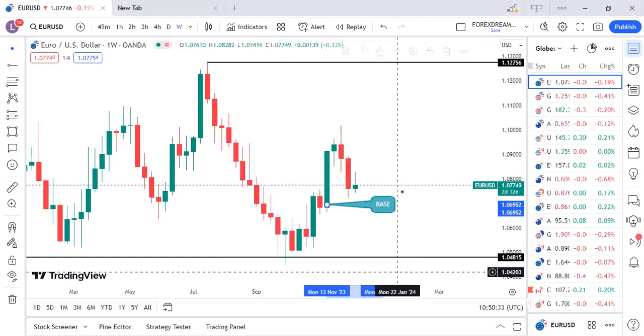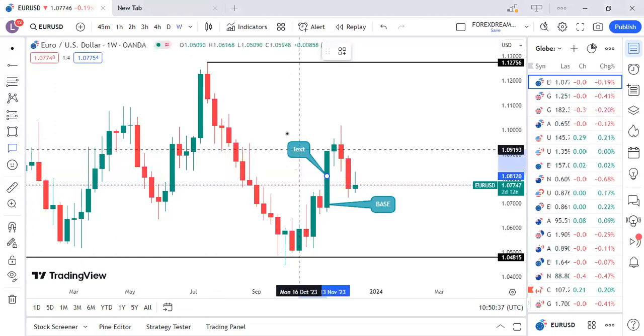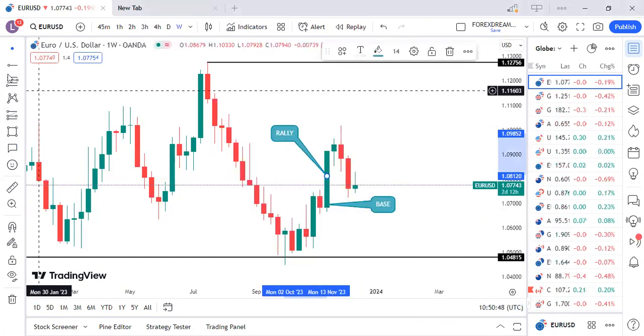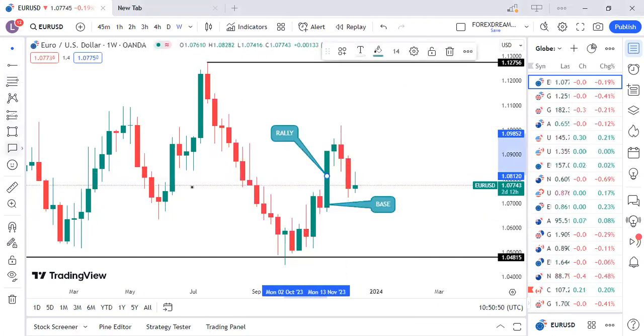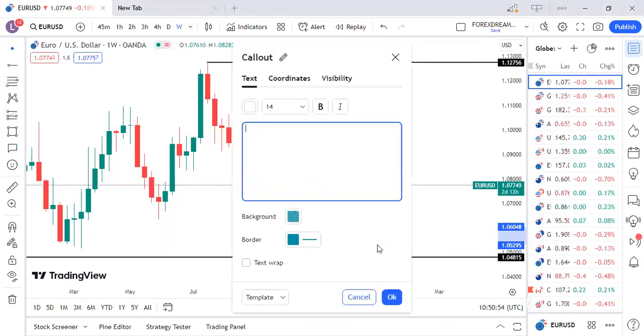Here you have the base. When we trade a potential continuation pattern, we focus on the base specifically. We're going to talk about these, I think, tomorrow. Here, what is it we have? We have the rally. We have the rally, and then again here, what is it we have? We have the rally again. You check the ebook, you're going to see the same thing, but we will talk about it tomorrow.